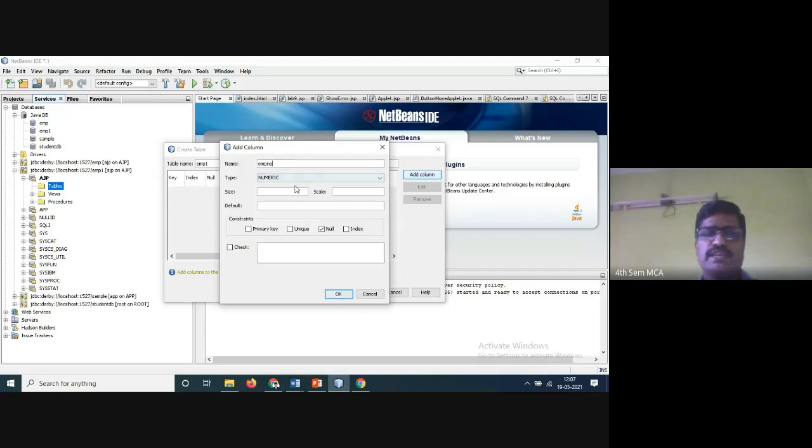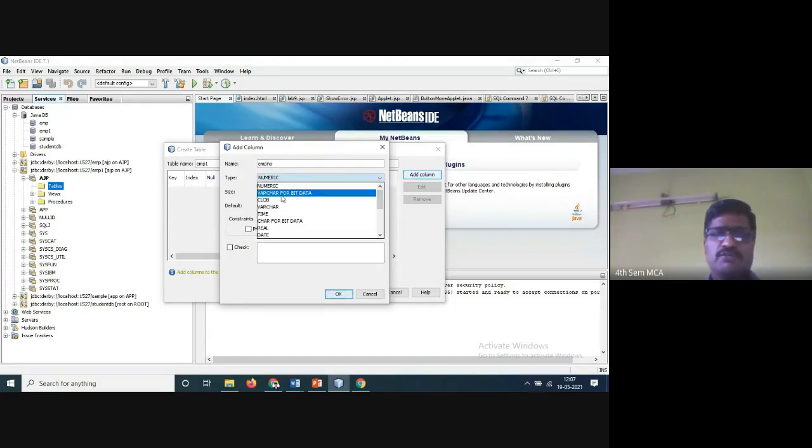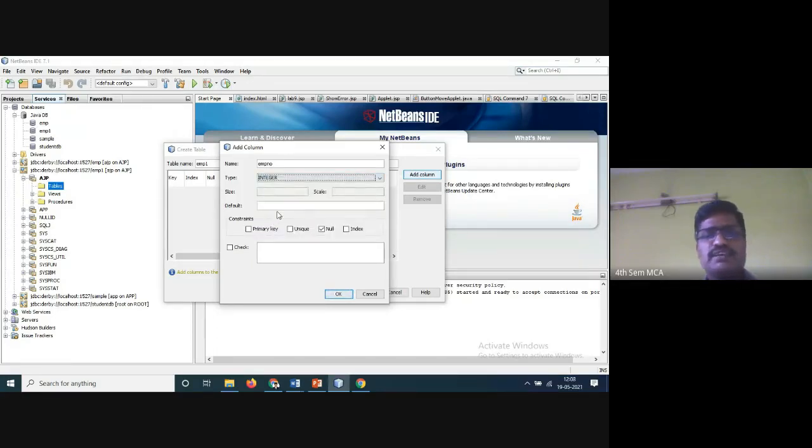Here you have many options: numeric, varchar, big data, small, time, character, real, date, many options are available. I'll go for integer. Default, no problem. I'll go for primary key. You know the values: primary key means the value is compulsory to enter, and it should be unique. So 1, 2, 3, 4, 5 are register numbers, whatever employee ID number they want, let them give it. So no problem. Now just click OK.